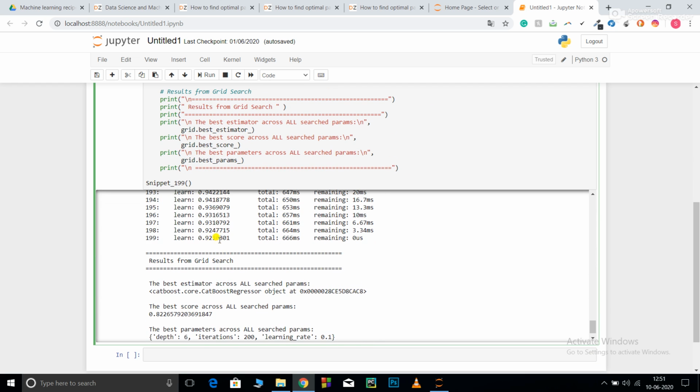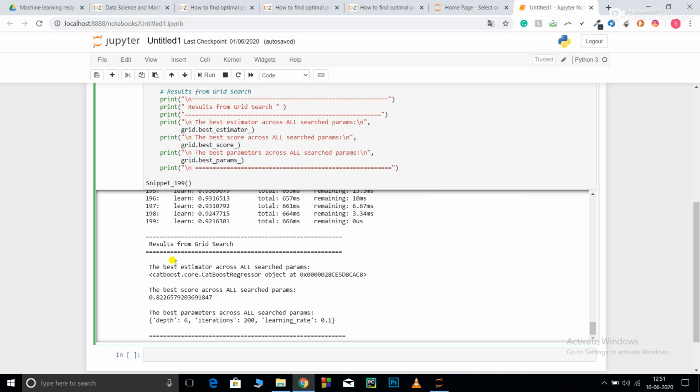Now you can see it performed 200 iterations, and my learning loss dropped to 0.92. Now the result from GridSearchCV: the best score was 0.822, and depth is equal to 6, iterations is equal to 200, and learning rate should be 0.1.